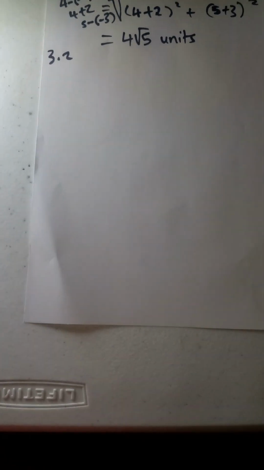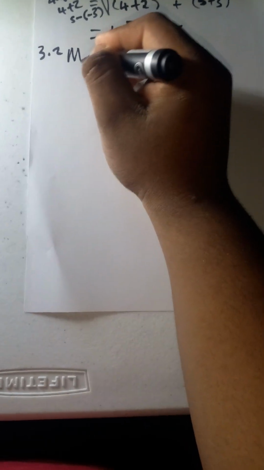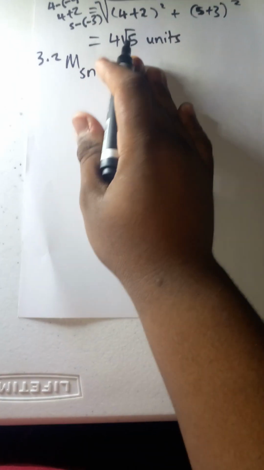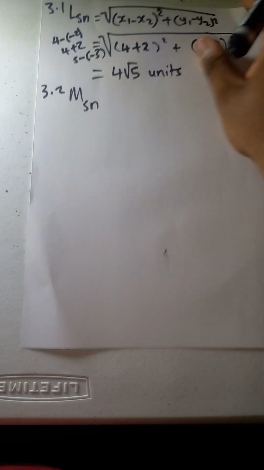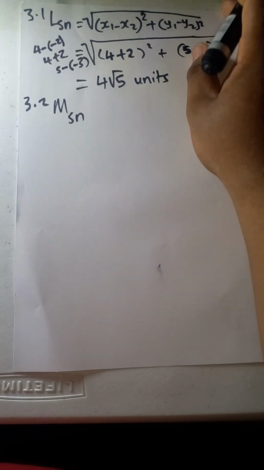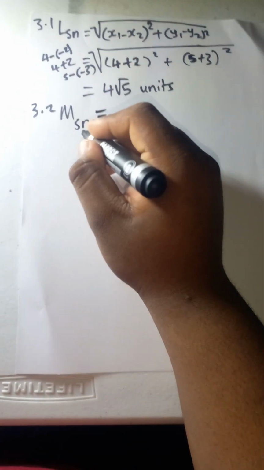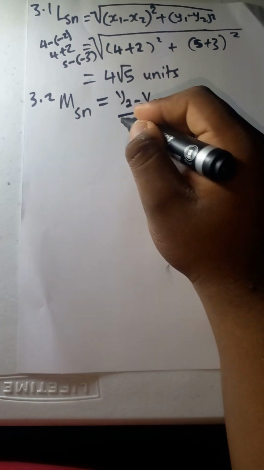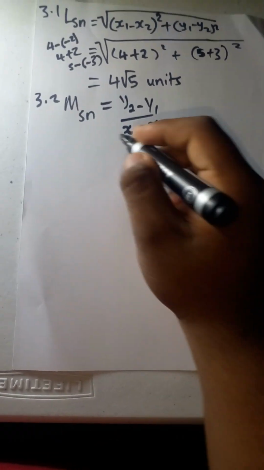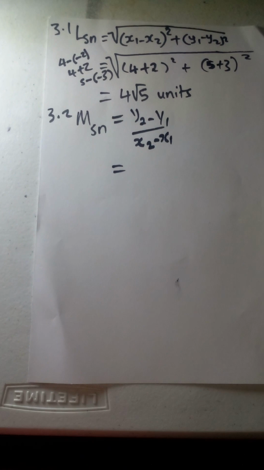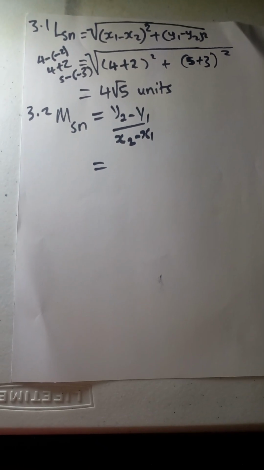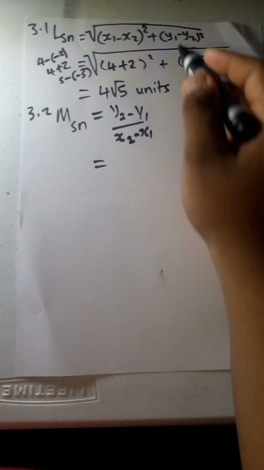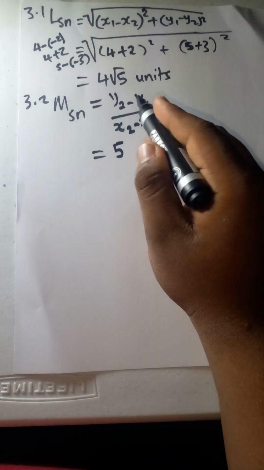We know the gradient formula. You must make sure that you show them it is the gradient of SN. Don't just say m only or the gradient only. Tell them that it is the gradient of SN. The formula is y2 minus y1 over x2 minus x1, which is now equal to, starting at S, the y value at S is 5, so 5 plus 3 over